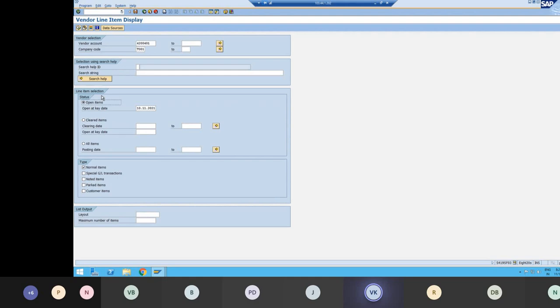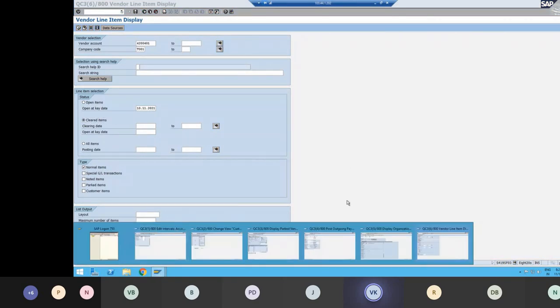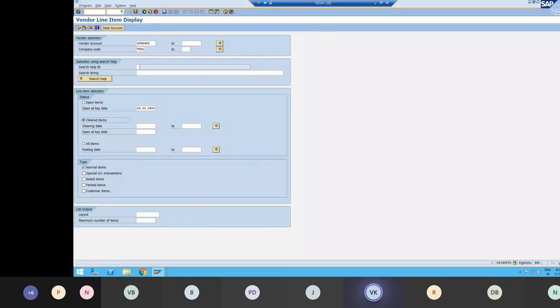If any vendor asks us why this invoice has not been paid, in that case we'll select only the open items. If any query comes on cleared items, then we'll select only cleared items, and we'll analyze that issue. And again, since this is a subledger, since we did the payment, the same entry will also get updated at the GL level. That is, if I go again to FS10N